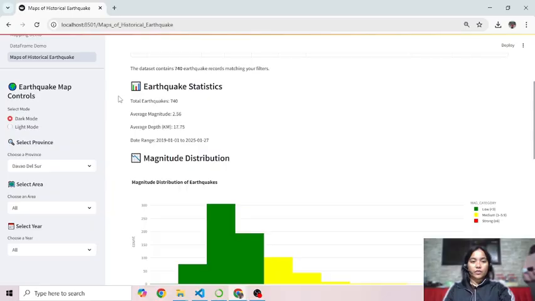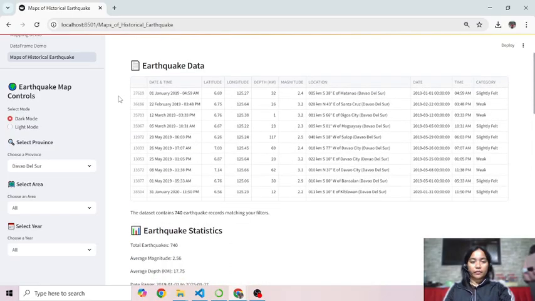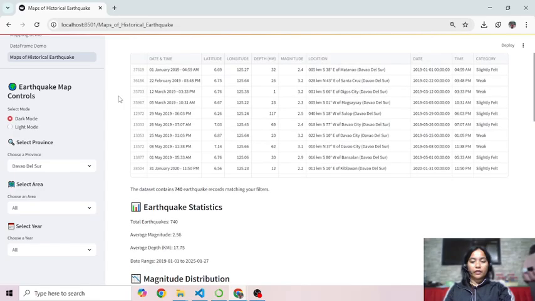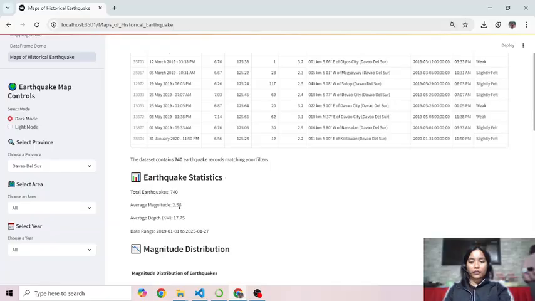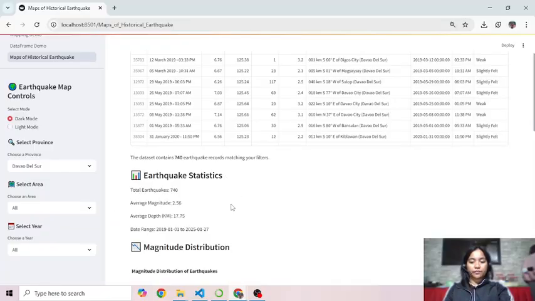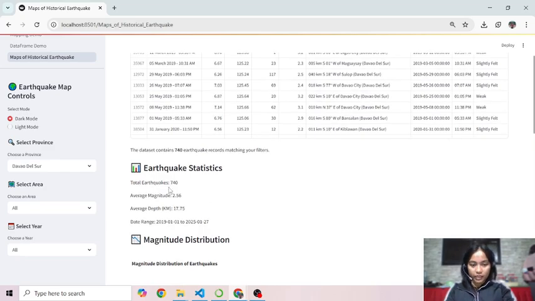The dashboard here displays the earthquake records by selecting the criteria, province, year, and area. Statistics is the total of earthquakes, average magnitude, average depth, and date range.